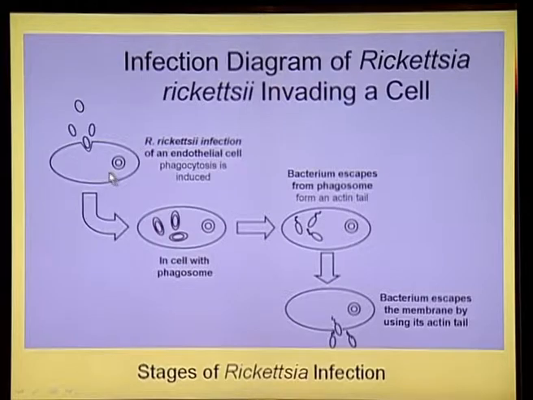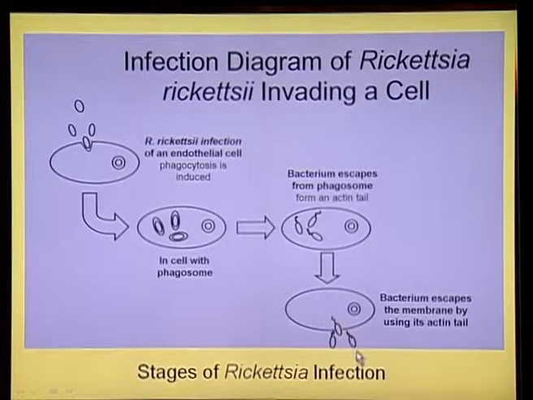Now, when this rickettsial cell is inside the phagosome, it develops a typical actin tail. Actin, you know, is a muscle protein, and here it acts as a motor protein which helps the bacteria evade the phagocyte. So before the phagocyte can release the enzymes to kill it, the rickettsia evades the phagocyte, and thereby is free in the blood and will cause infection.